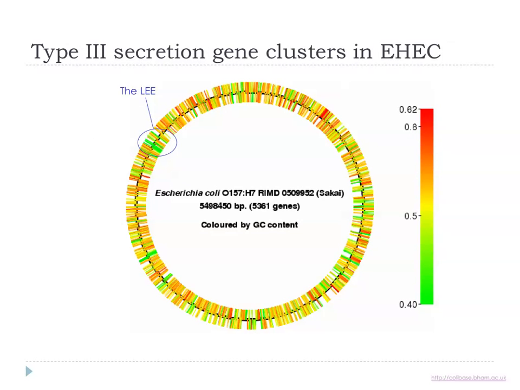So I'm now going to focus in on the LEE. If we look at the whole chromosome of E. coli O157, and we colour in the chromosome according to the GC content, remember that the GC content can vary independently. Although the amount of G and the amount of C is going to be the same in any chromosome, the ratio of GC to AT